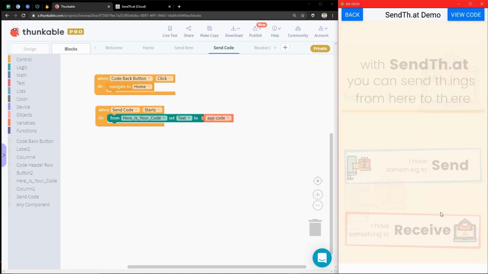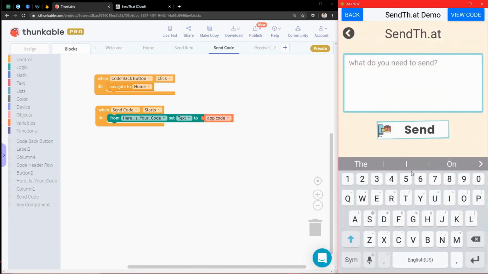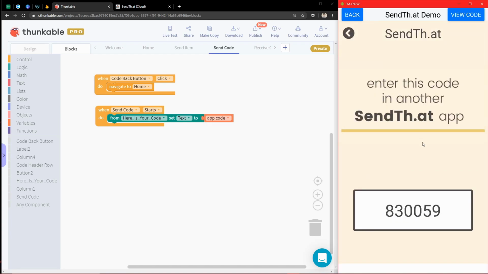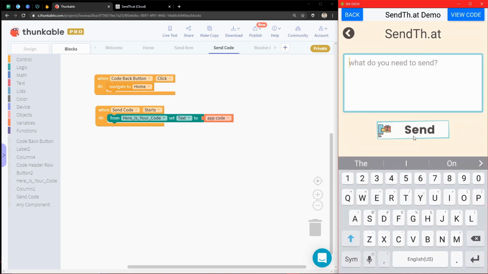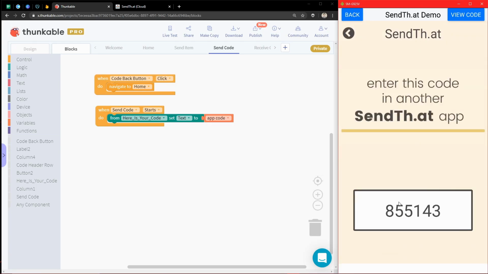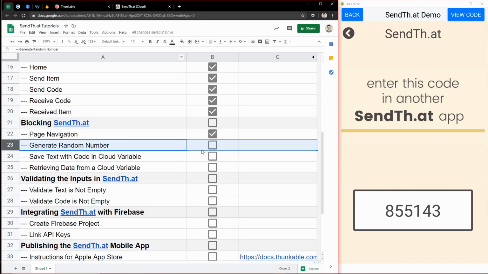And so now, if I go to click to start, I come to send, and then it sends me to the other screen, and it generates that code and displays it. And so I can do that again. And it's going to give me another brand new code. Boom. So now I'm generating a random code. And so that gives us the second piece of this tutorial to make this app. So we have page navigation. We have our random number that we're going to be using to store the data. And so now let's jump into saving the text that the user enters with the code that we just generated